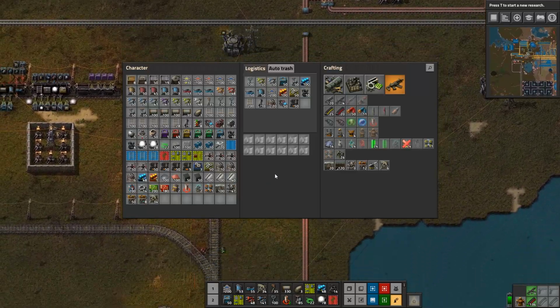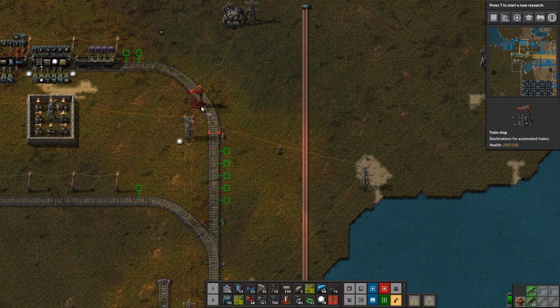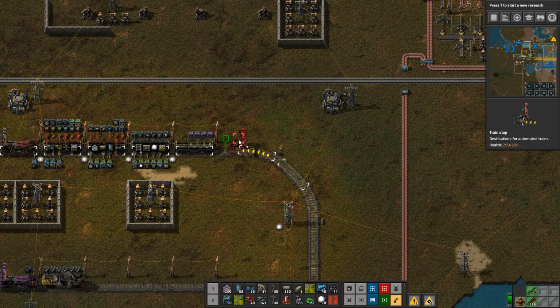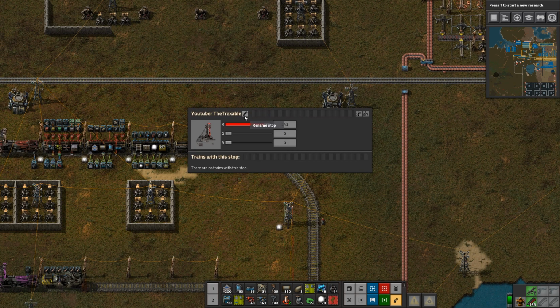I want to make a station like here. Is that allowed? And call it...